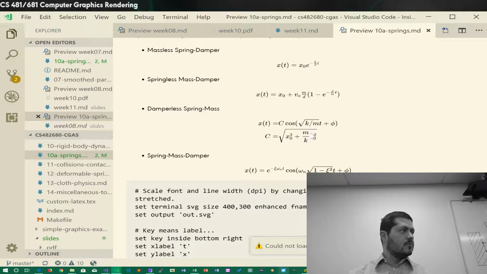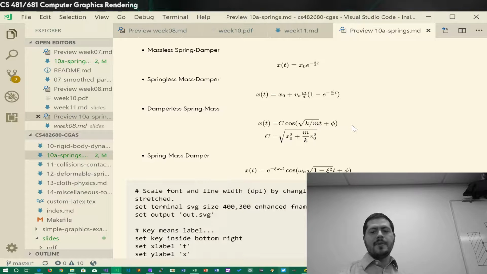Just the temporal offset. Over here, we have phi. Oh, this looks like a phase offset to me. Yeah, it is a phase offset. And so where do you start on the cosine, right? Because cosine of 0 is, what's cosine of 0? 1, right? What does that mean? We're going to start off at